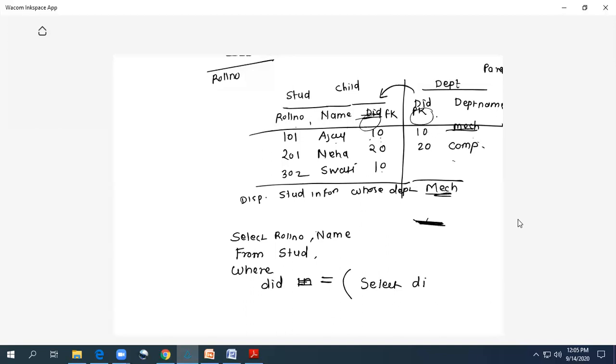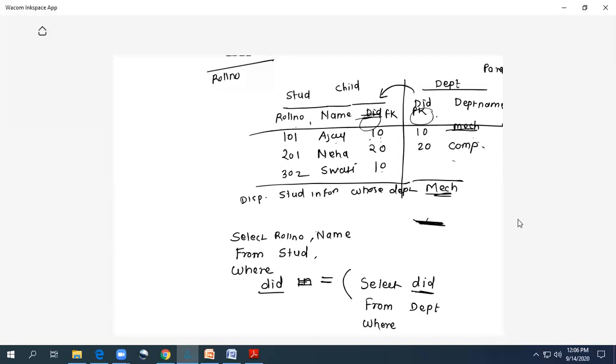Department ID equal to select department ID. Now my inner query should return the department ID. So select department ID from which table? That is department. My name of the table is DEPT here. So select department ID from DEPT. Now what should be my criteria here?